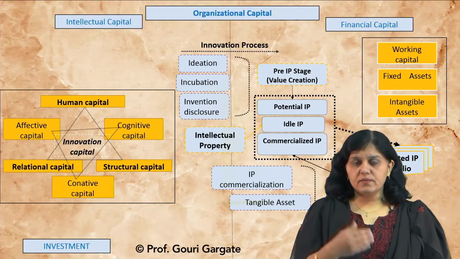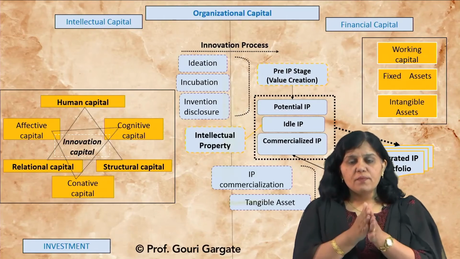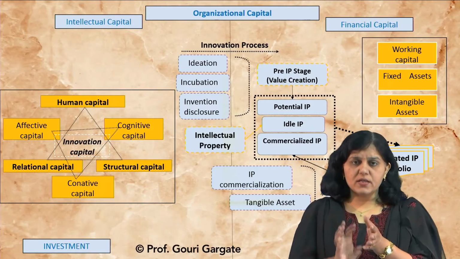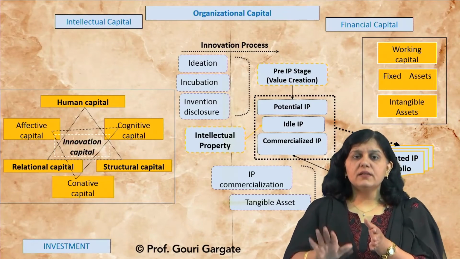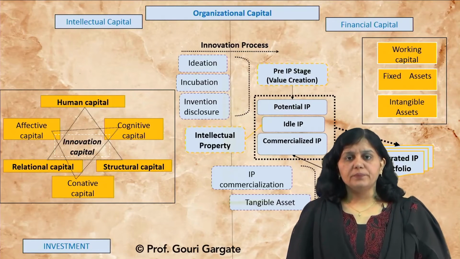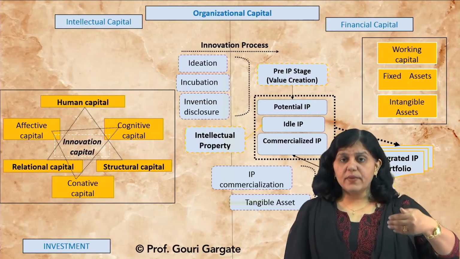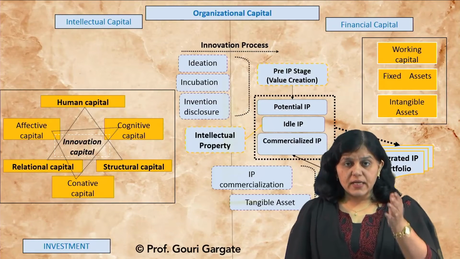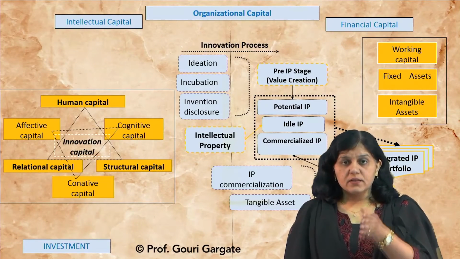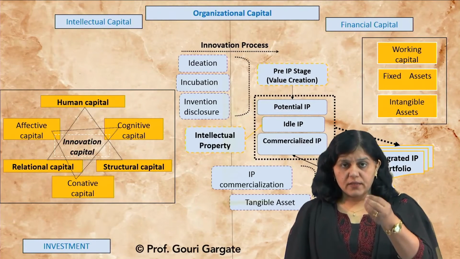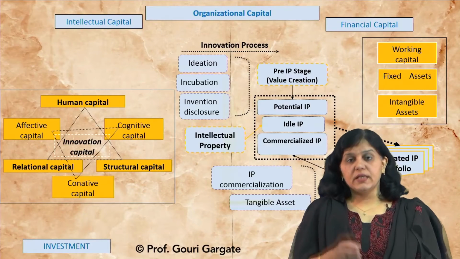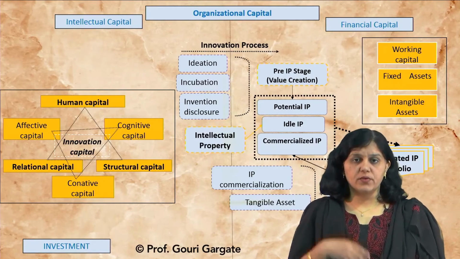Invention, whenever it will come, that is patent, whenever it is coming, from patent to ready-to-market product, there is a gap. But at least if what is commercialization, at least you have started some activity in that direction, then that is well and good. Okay. Now, you can see that there is a pre-IP stage, then there is that integrated IP portfolio you are generating, and then there is that intellectual property you are generating, that 3 kinds of IPs you are generating, and the post-IP stage is there, that is where you are actually commercializing your IP.